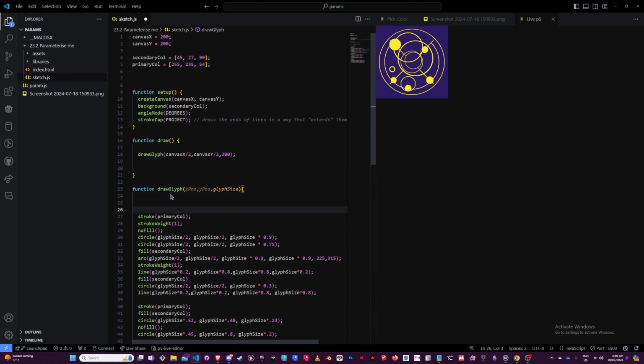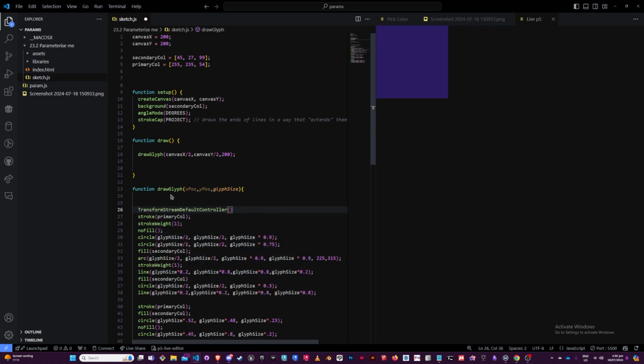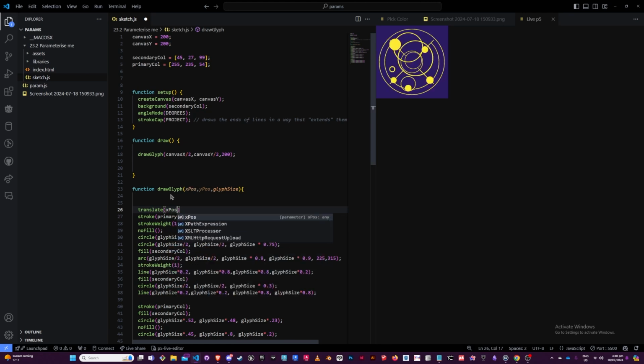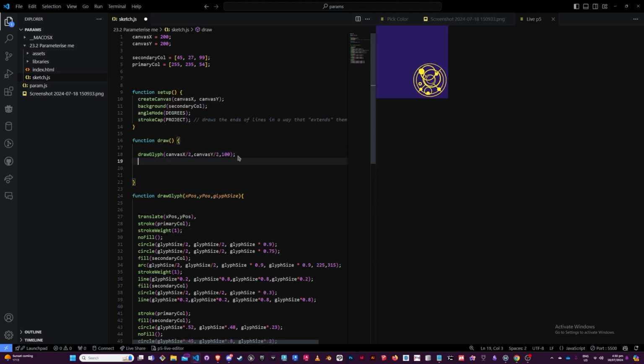But I'm going to quickly see if translate to the X position and the Y position. So that translates it canvas X over 2, canvas Y over 2, so the origin point is now here. Now if I were to draw this at that 100, it's going to be right here, sitting in the corner here. And yeah, now that this is in a function, what I can do is just spam this as many